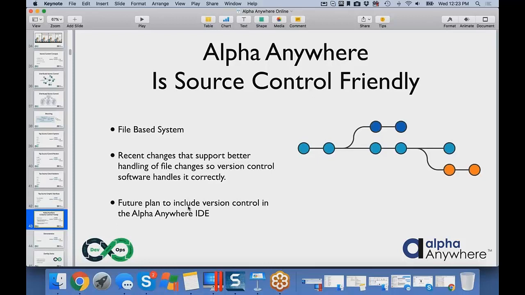We had some changes recently that make it just a little nicer and easier for source control to be able to handle it. And also, which is really exciting, Alpha actually has a future plan to include version control in the Alpha Anywhere IDE, so you don't even have to have a third-party tool to be able to check data in and out of source control and manage it from there.